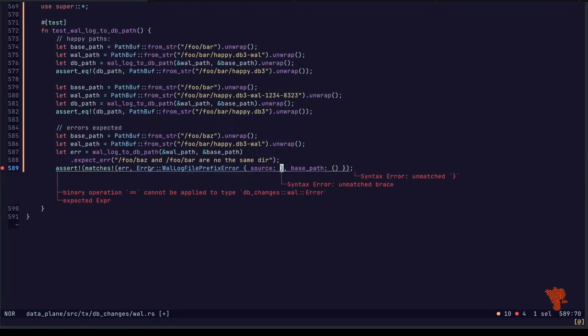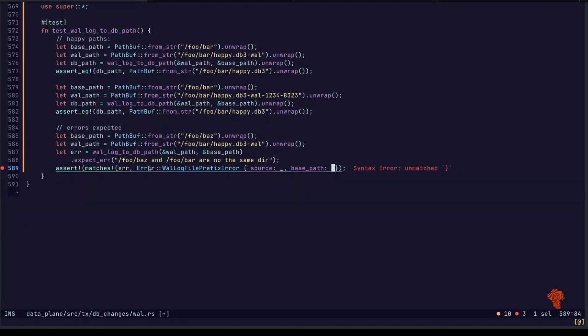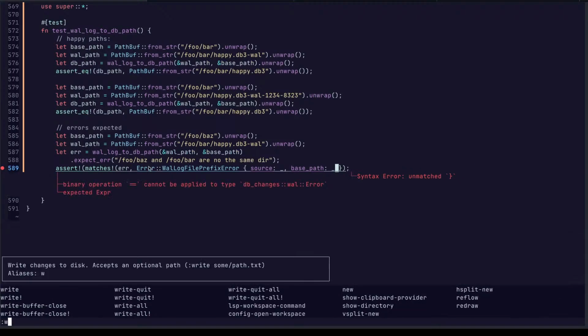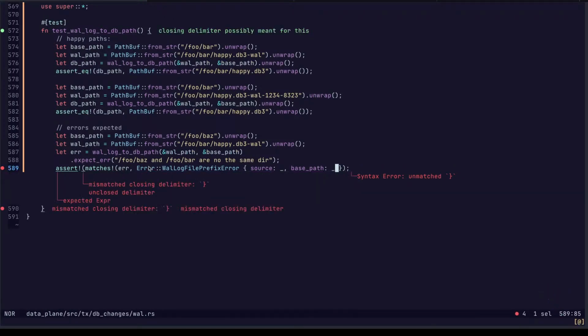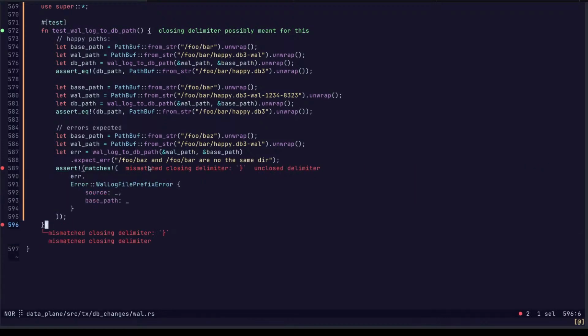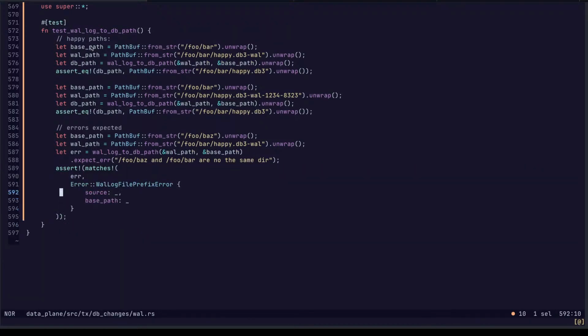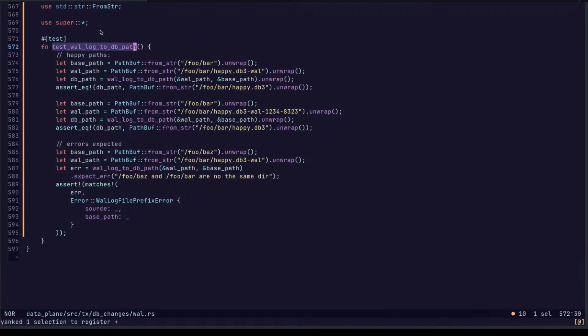We say source we ignore. And the base path is path buff of. We just ignore that for a moment. Let's see what happens.